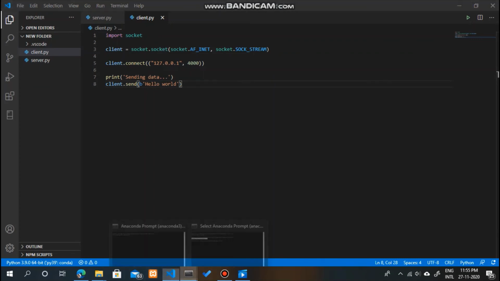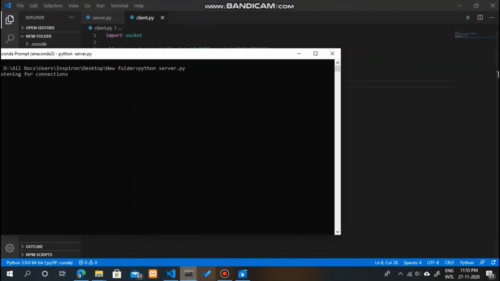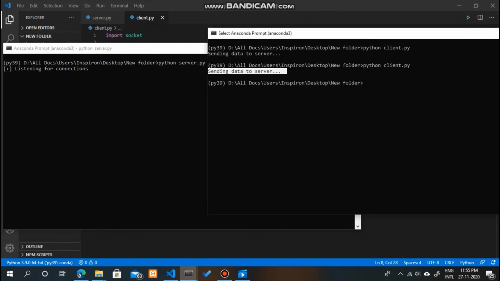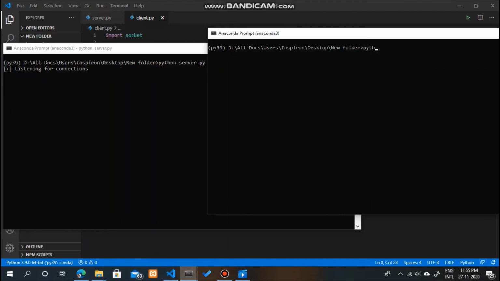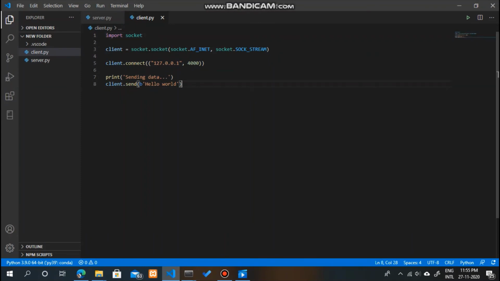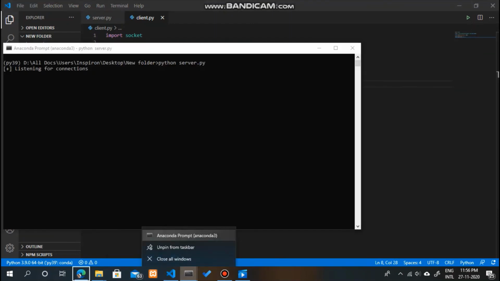Okay, so let me open our server and client side by side. So our server is already running. Okay, now let me clear it off, and now let me run my client. As soon as I hit enter, it will execute this client.py and it will connect to our server on this host and port. That is the host and port of our server, and we will be sending data to our server, right? So let us check whether it is happening or not.